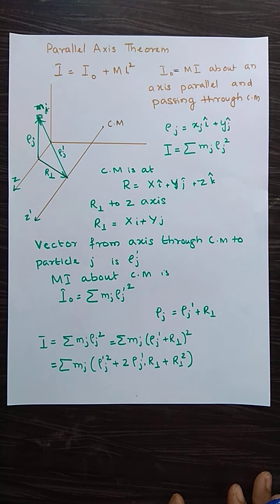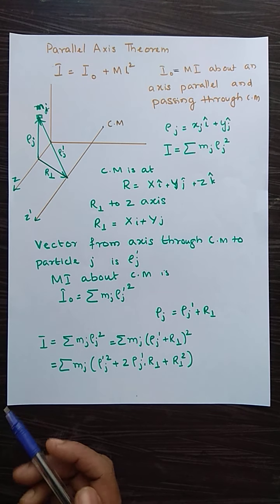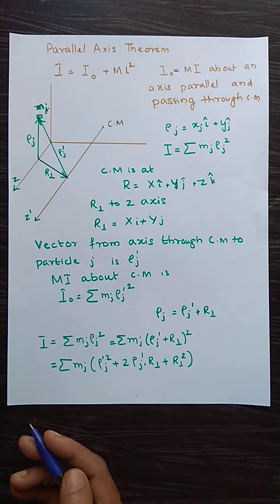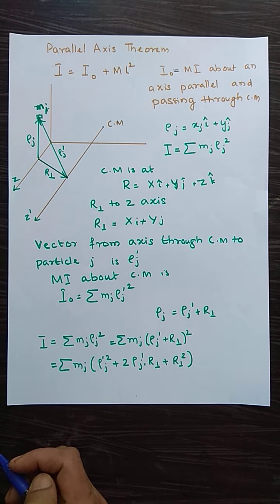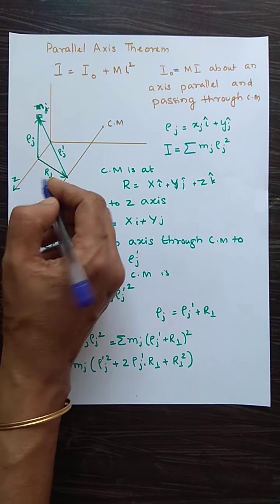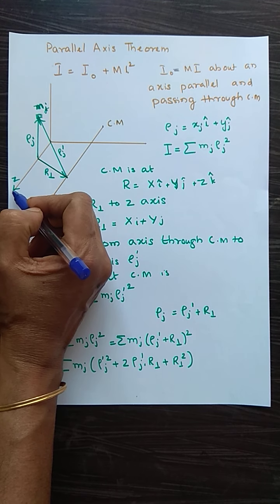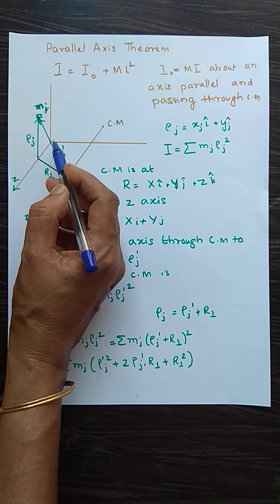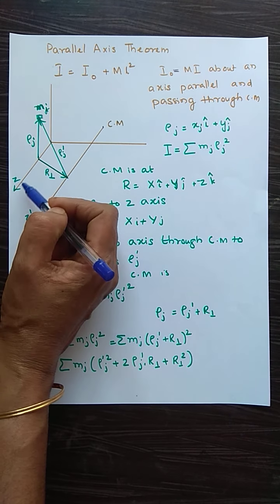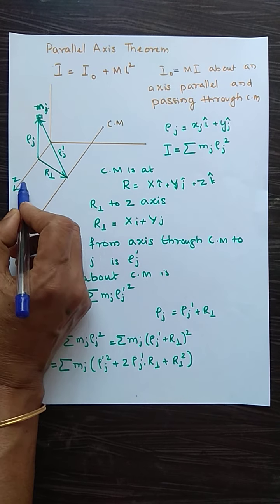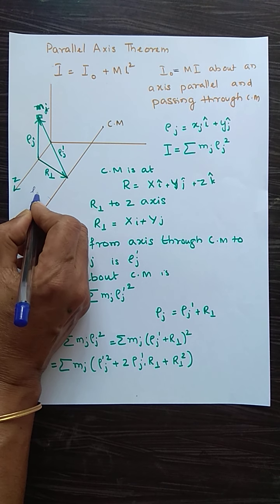Parallel axis theorem. We want to find out the moment of inertia of an object along an axis which is parallel to the center of mass and separated by a distance L. This is the axis, Z axis, about which we are going to find out the moment of inertia of an object. It is at a separation L